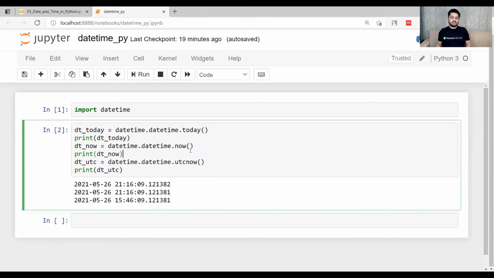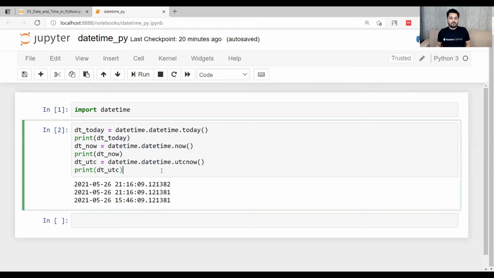The difference lies in that using dot now, we can eventually work with different time zones. We will be doing it in the next few lines of the Colaboratory notebook. For now it is giving the same time, but obviously when the time zone changes, these things will change.